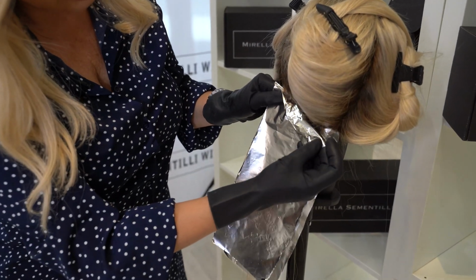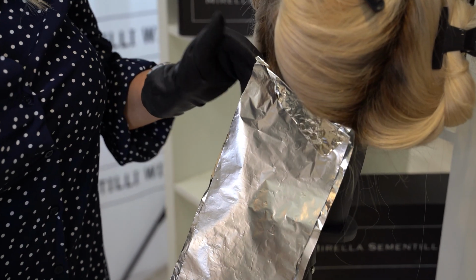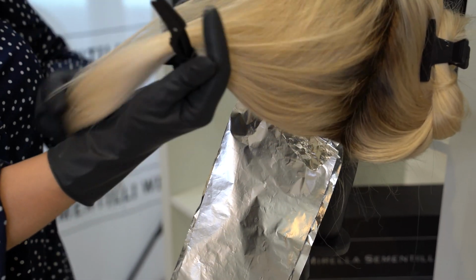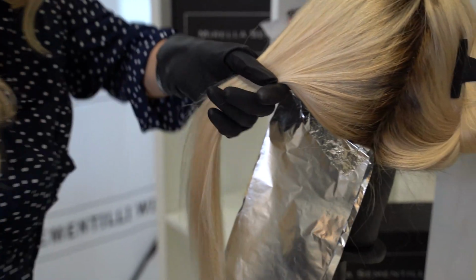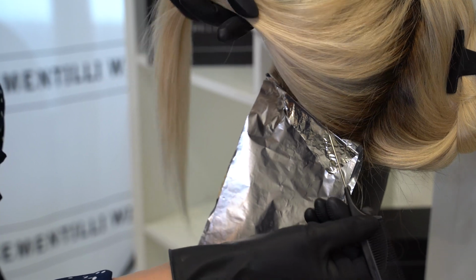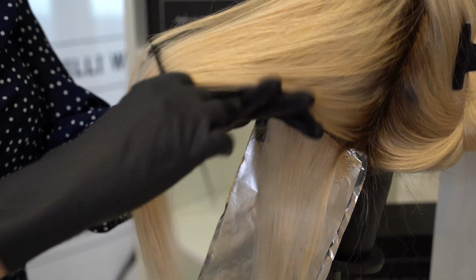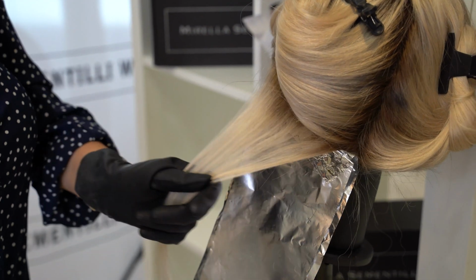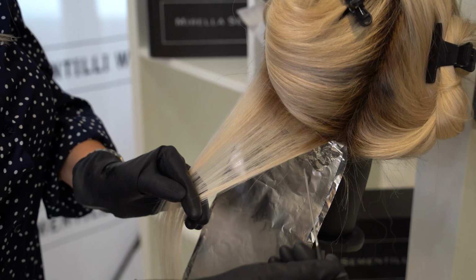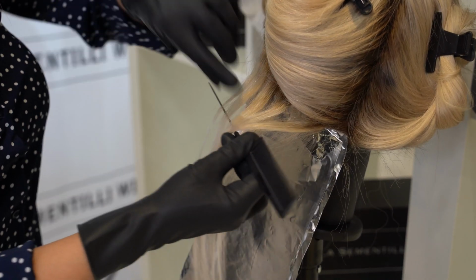All right, and now the foil up against it, keeping it nice and straight. And because we have a diagonal section, I like to fold the foil on a diagonal. Reminds me every time to take my section diagonally. Okay, I'm just gonna come across here, nice and thin, across that section. Now you can decide when to weave the section, as well as when you want to solid create your balayage. This particular section now I'm going to weave. Okay, so I weave that out,